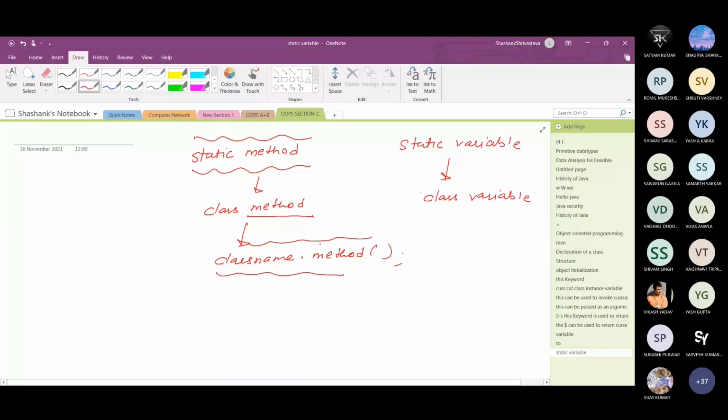Now, what is the significance? What is the use of a static method? Actually, suppose you would like to print or access a static variable.